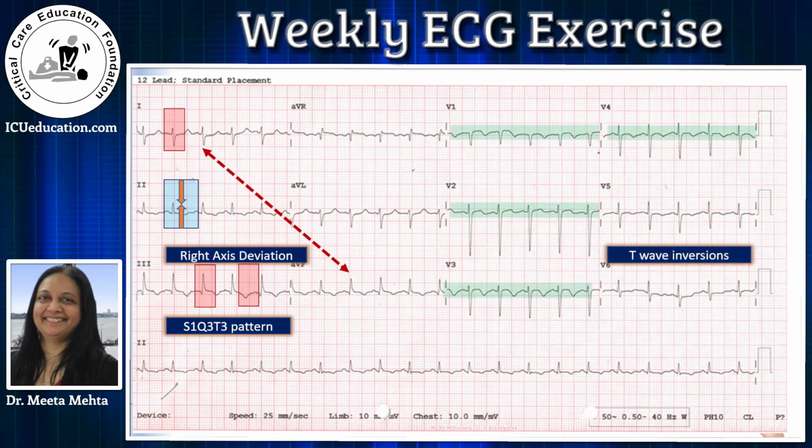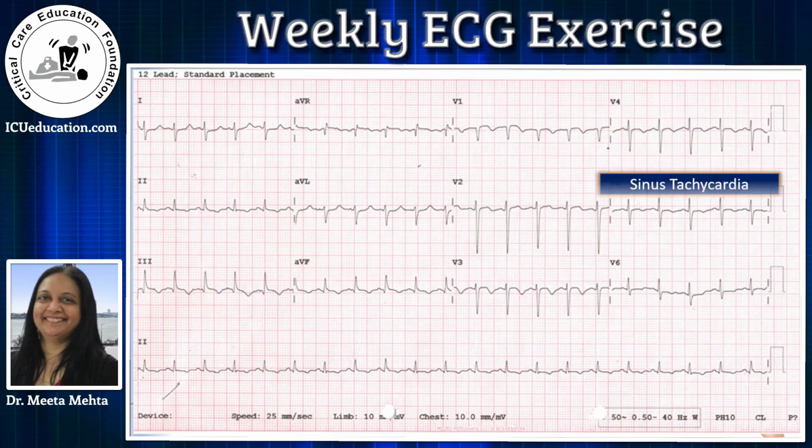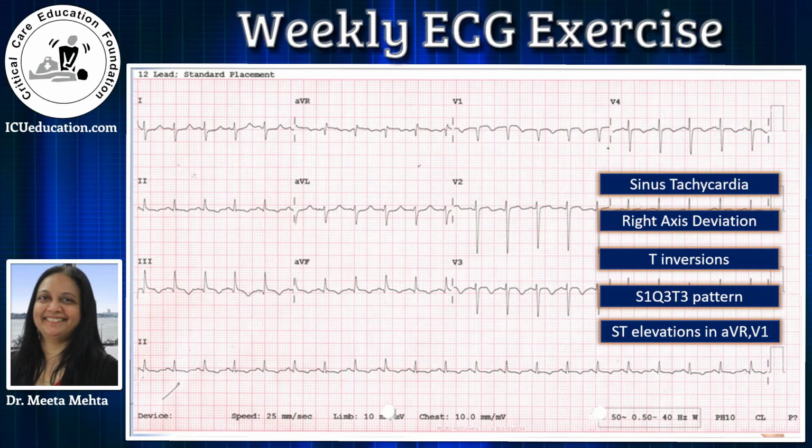Other than that, we have already picked up that there are T wave inversions, especially in precordial leads. And if you have a closer look at the ECG, there is definite ST elevation in lead aVR and V1. So now if you have to enumerate the ECG findings, the patient has got sinus tachycardia, right axis deviation, precordial T wave inversions, the S1 Q3 T3 pattern and ST elevations in aVR and V1. With the patient's history, presentation and current COVID situation, where we know they are prothrombotic, one would definitely think of acute coronary syndrome again, and it is wise to send cardiac biomarkers here.